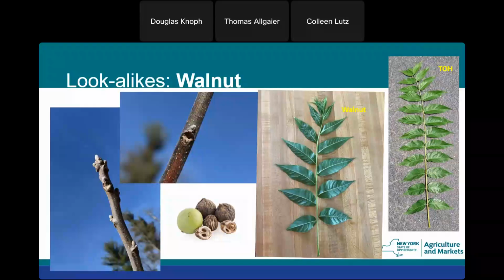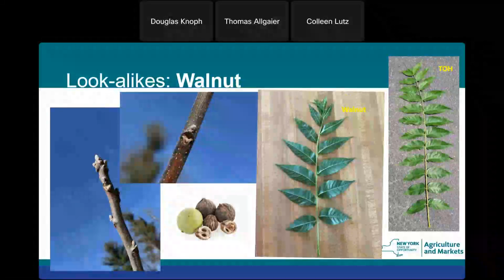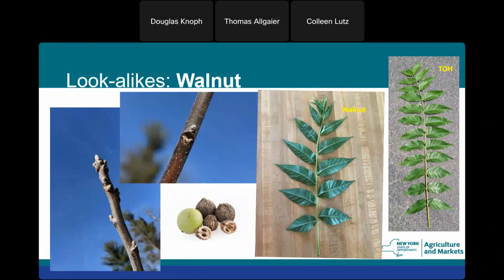In the spring, walnut is a preferred host of the juvenile nymph stage, which will be attracted to short, young walnut growth more so than tree of heaven, and then they migrate over to tree of heaven as they mature. So even if you come across a young walnut tree or an older walnut tree, that's still a good target for survey. So, next page.